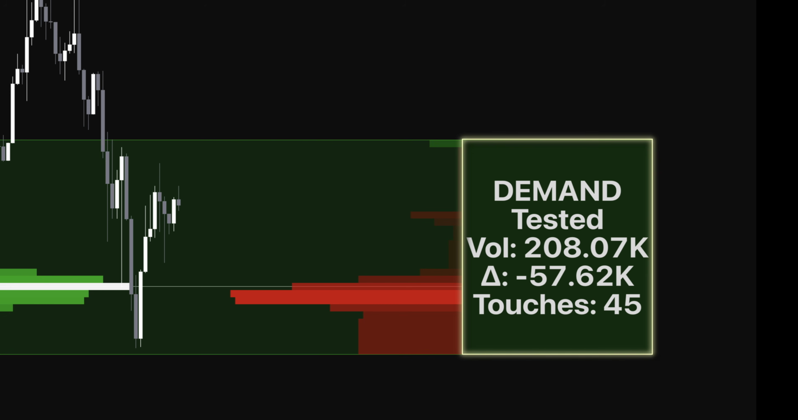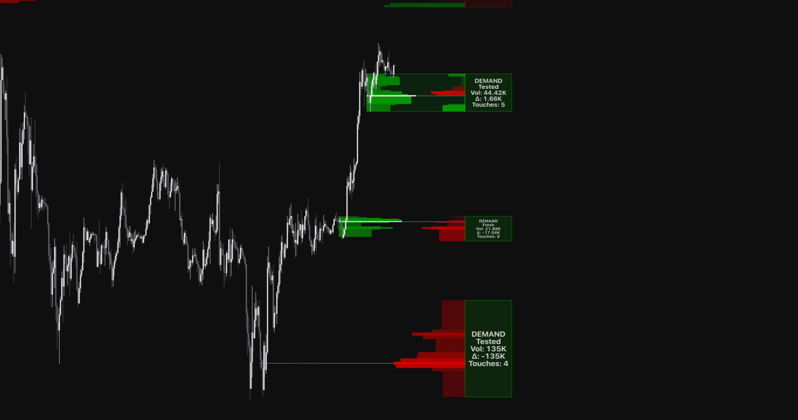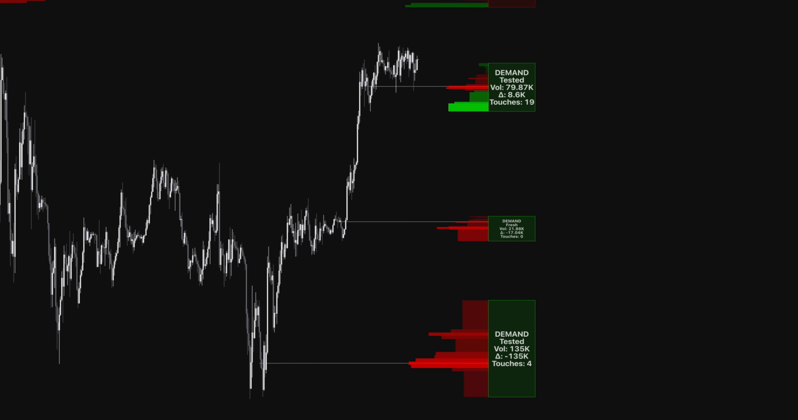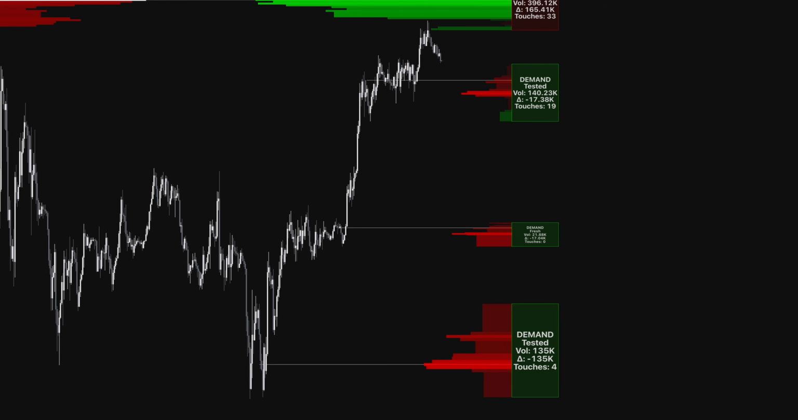The delta profile sits on the right side of each zone. It uses candle direction as a proxy for buy and sell volume, allocating bullish bar volume to the buy side and bearish to the sell side. This is a candle-based approximation rather than true tick-level data, but it adds directional context that a plain volume profile